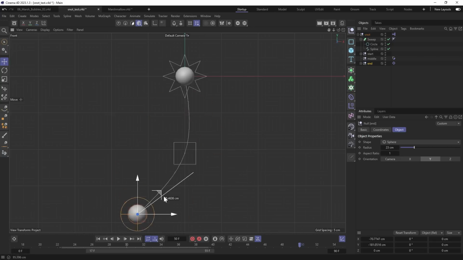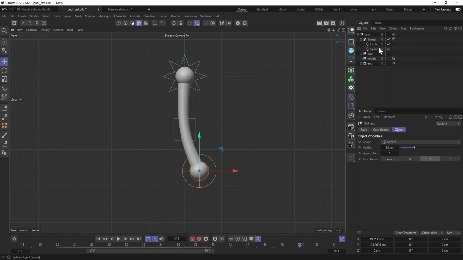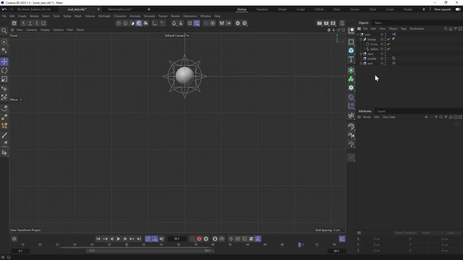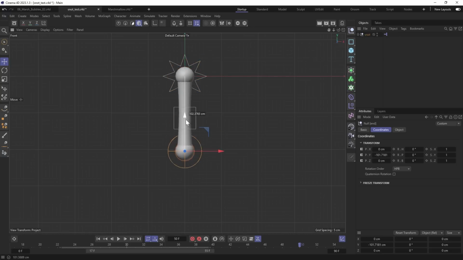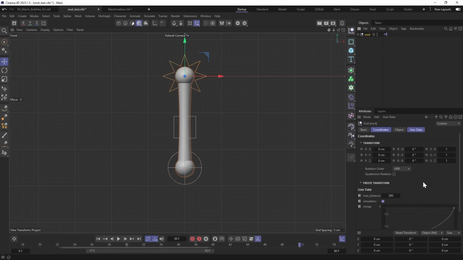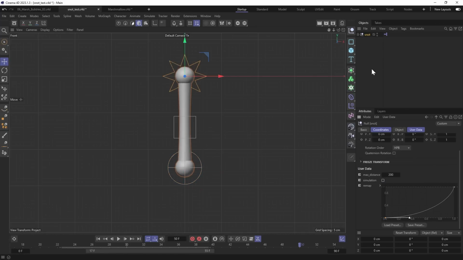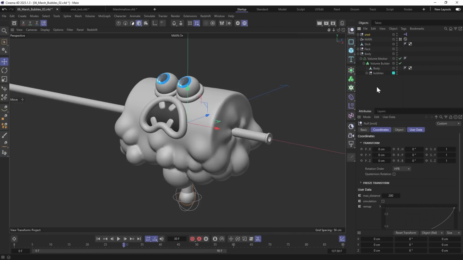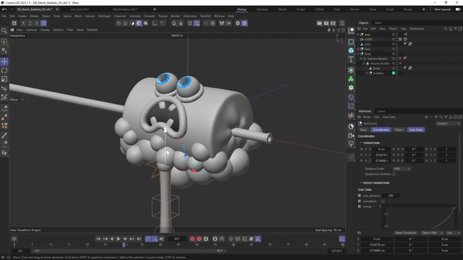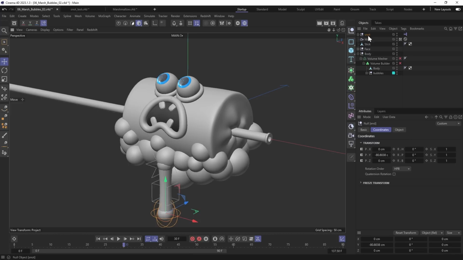The setup is done. Select all objects and zero out all local coordinates. I'll move ant down a bit along y-axis, then turn off the simulation so that it doesn't interfere during the animation. Now we can copy it and paste into our original project. You can move it around and maybe adjust some parameters.